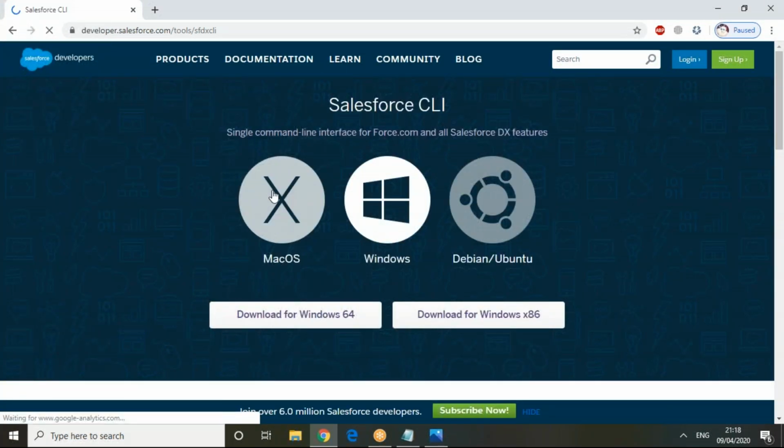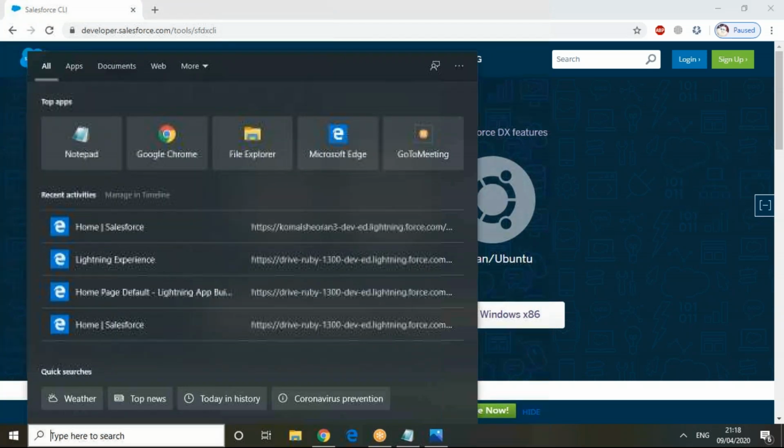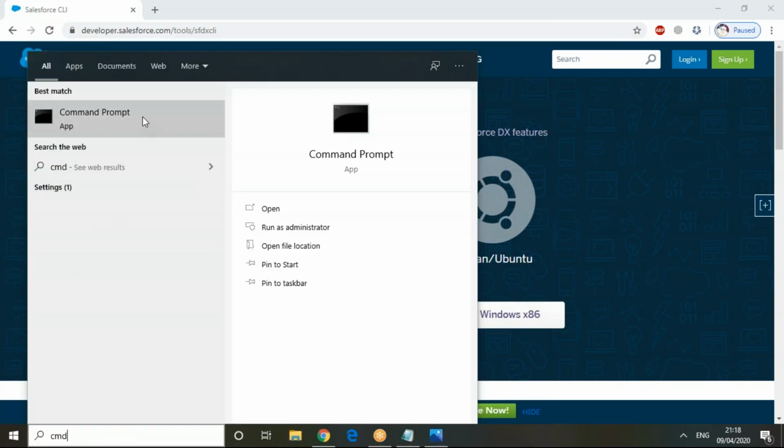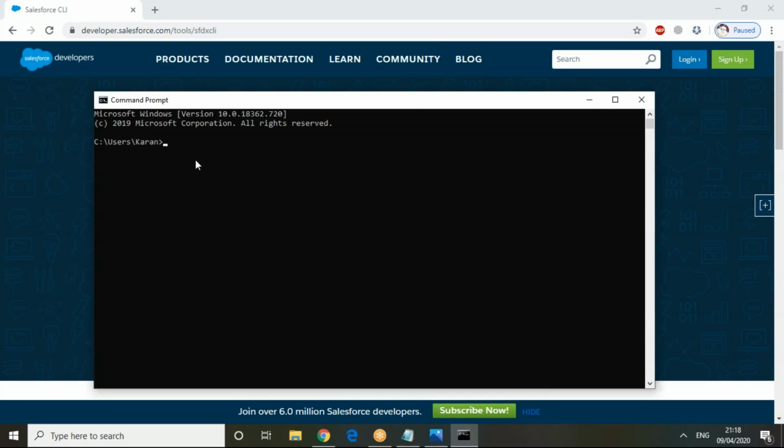Okay, so you can download it for any operating system. Mine is already downloaded. To check it, you can go to any command prompt. If you are working with Windows, you can use the normal command prompt. Here, to check whether it is installed or whether there is any update for your Salesforce CLI, you can write sfdx